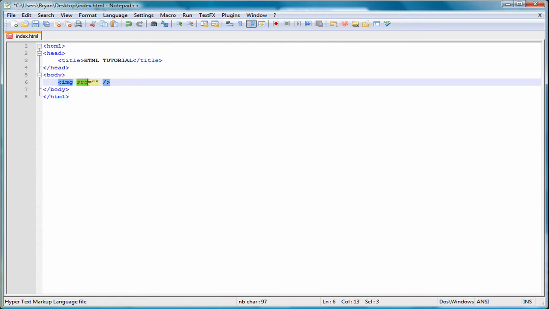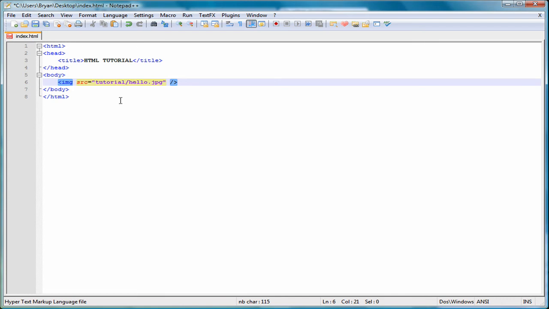And a source, which is src for an image, is followed by equals and 2 quotes, and you don't have to have the quotes, but it's recommended. It looks neater, makes yourself look better as a web developer, I guess. And whatever you'd put here is the link to the file. You could put a direct link for a URL, or you could put, if the folder is inside of the same thing, again you could put tutorial, hello.png or JPEG or whatever the image may be,